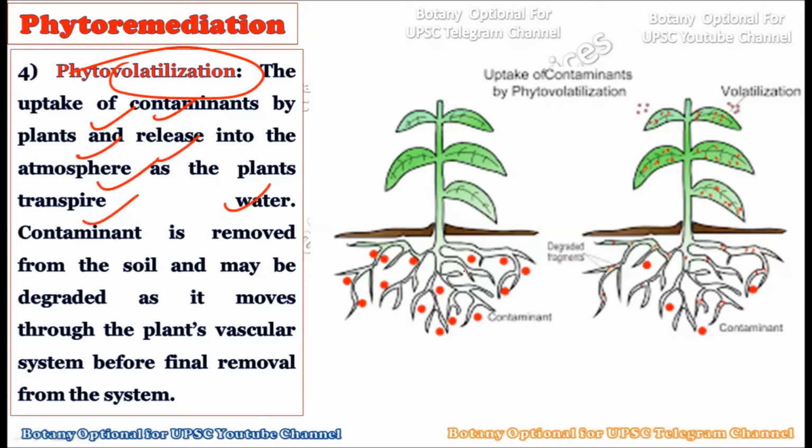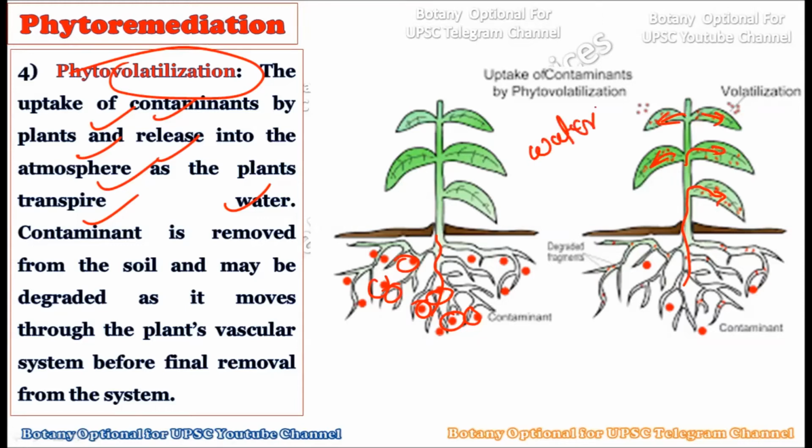the water. Now see here, now you can understand why we are using the word volatilization. Here what the plants are doing, whatever harmful chemicals are there within the soil, these are literally absorbed by the plant, and once they are in the leaves, here the process of transpiration may occur. Okay, so after the transpiration, transpiration is nothing but the loss of water in the form of water vapor.